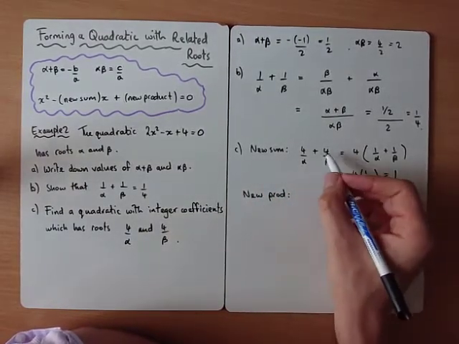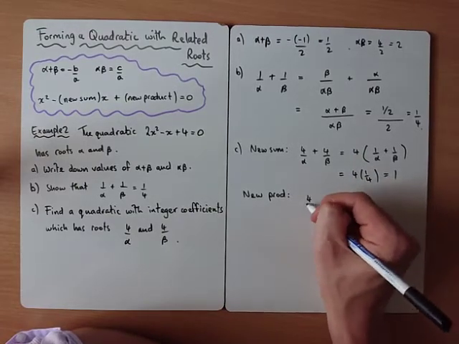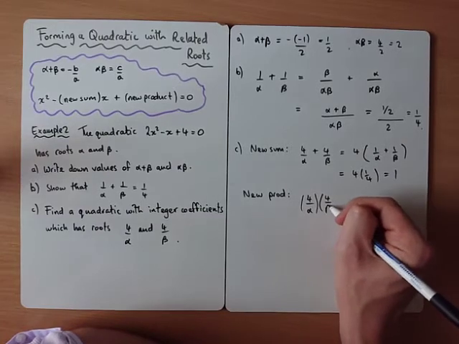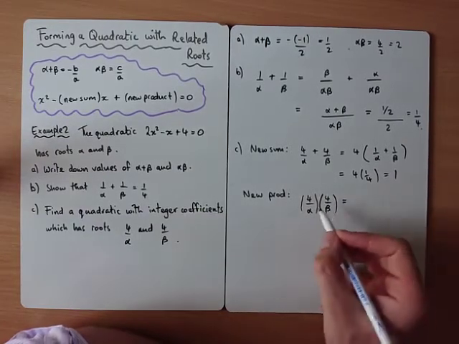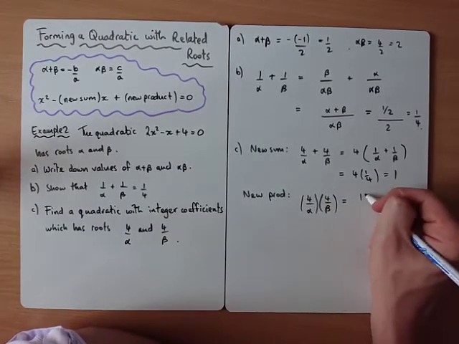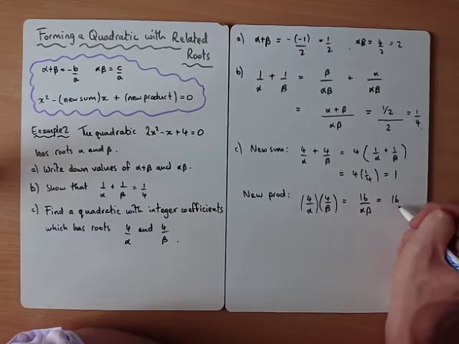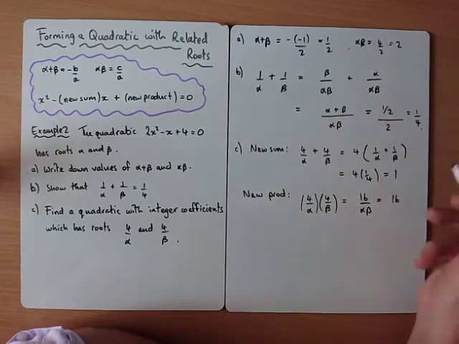Is when we multiply the 2 roots together. So if we multiply these, we've got 4 over alpha multiplied by 4 over beta. And the way that you multiply fractions together, you just multiply the tops, multiply the bottoms, so that would be 16 over alpha beta, which is 16 divided by alpha beta, which is 2,